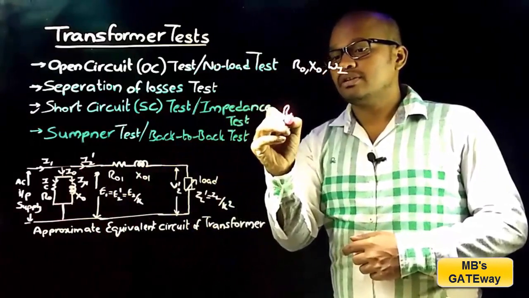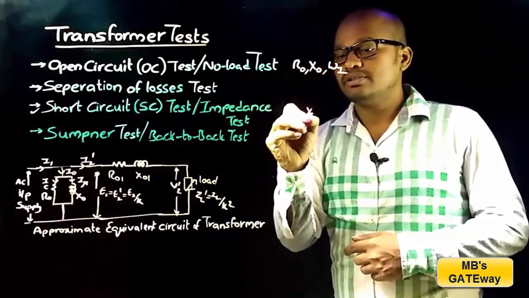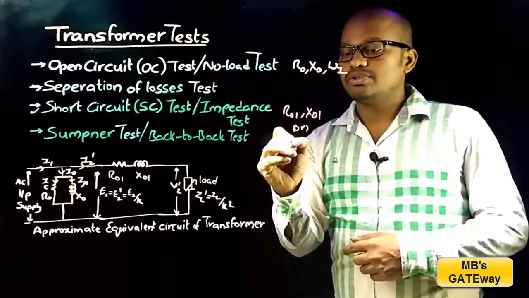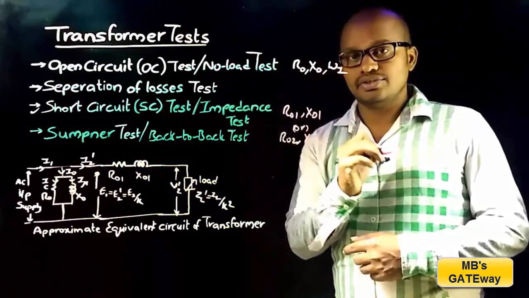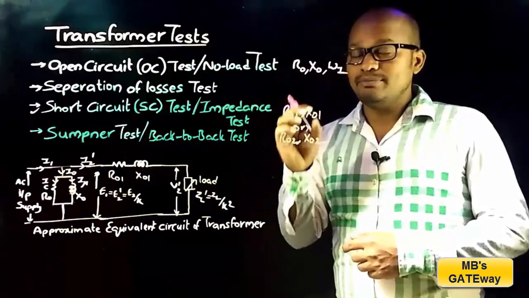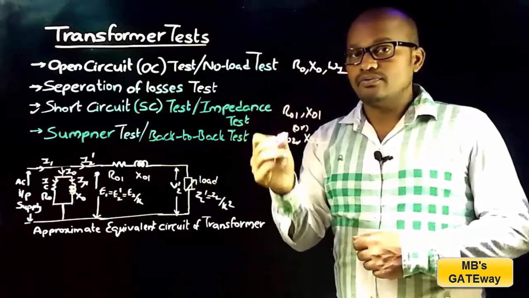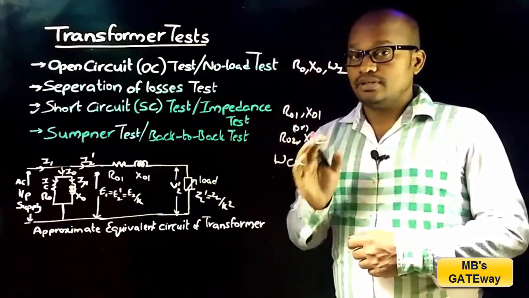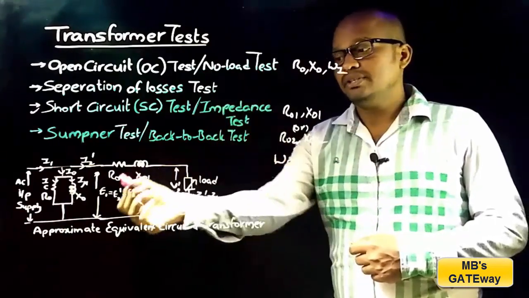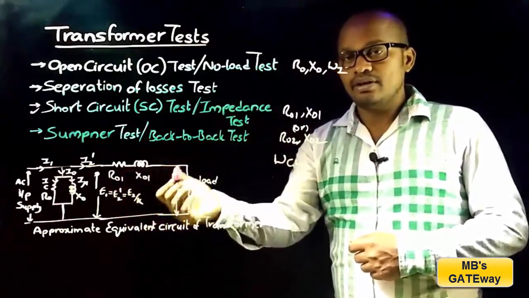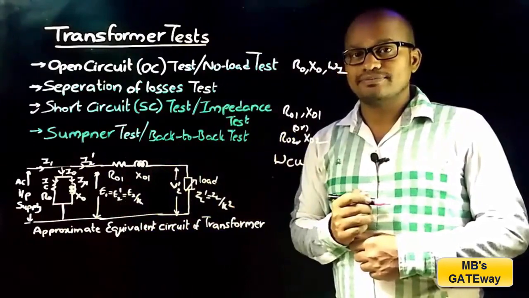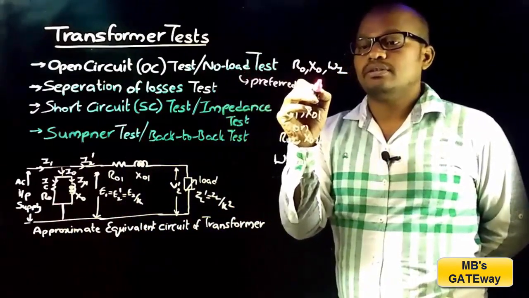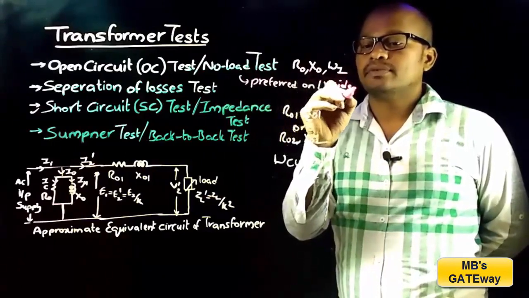that is R01 and X01 or R02 and X02, depending on the side at which the meters are placed. And also from short circuit test, transformer copper losses are found. Therefore, short circuit test is used to find out the series branch elements of the transformer and the transformer copper loss. Open circuit test is preferred on LV side with